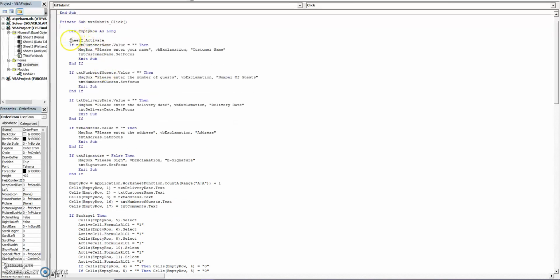So in the submit button, this part, sheet 2 activate, is telling it to dump the information in sheet 2. This function right here is telling it that there needs to be a text value entered into the customer name field. Otherwise, it'll pop up the message, please enter your name. Same thing for this. There needs to be a value in the number of guests field. There needs to be a value in the delivery date field, a value in the address field, and the signature box